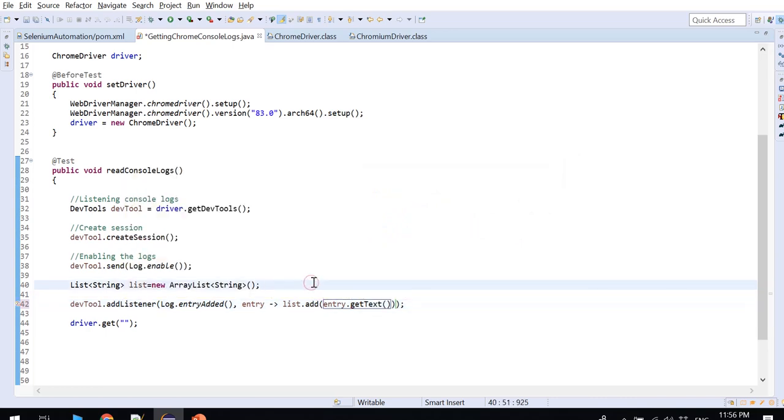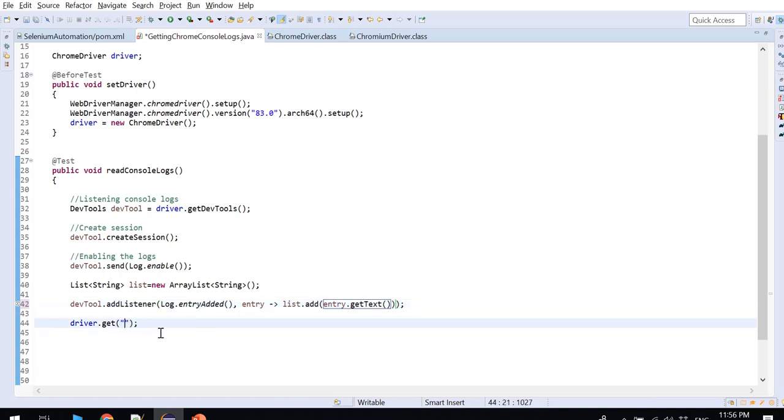This is the syntax you have to use. So you can see devTools.addListener, Log.entryAdded, and here this is the syntax: entry, pipe arrow, list.add, and here we have to pass entry.getText.